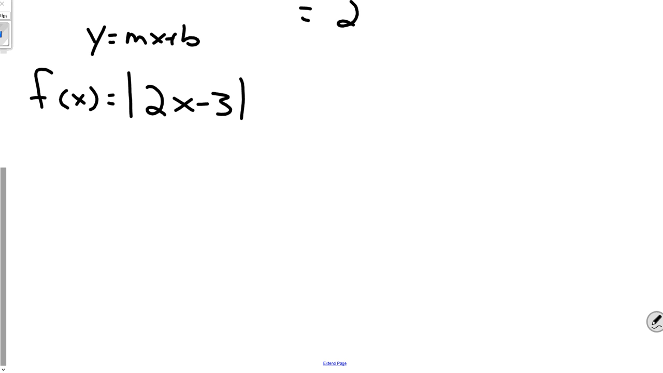Okay. Do you guys remember y equals mx plus b? This is your slope. This is your y-intercept, right? Your slope, steepness of the line, rise over run. Right? So, to graph this cool cat,